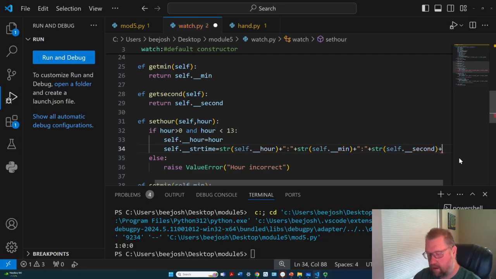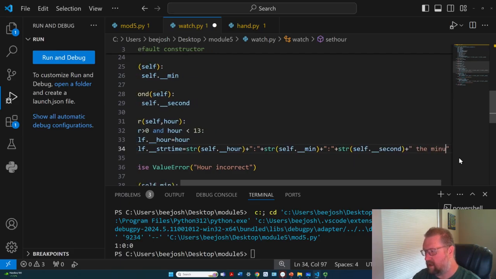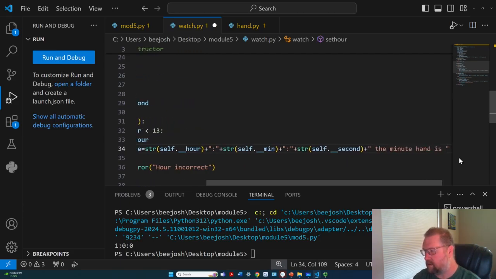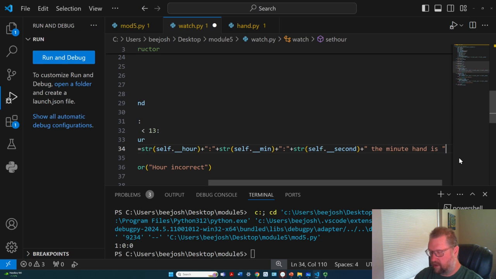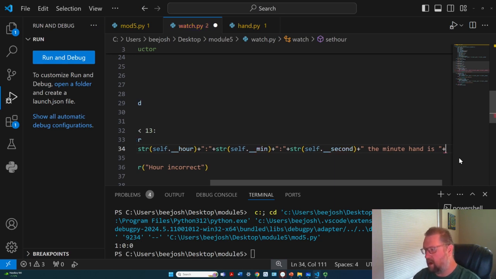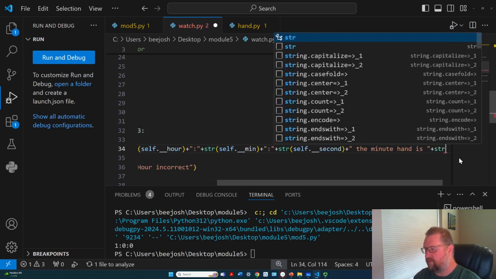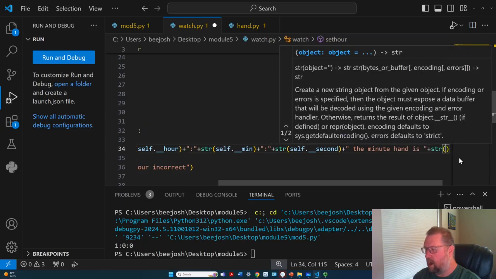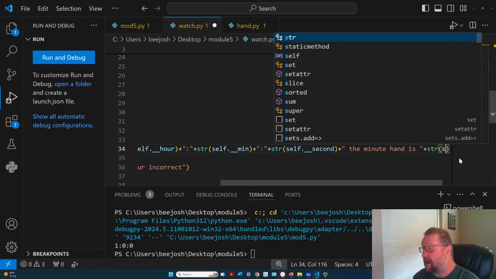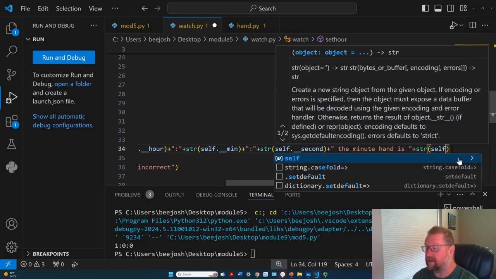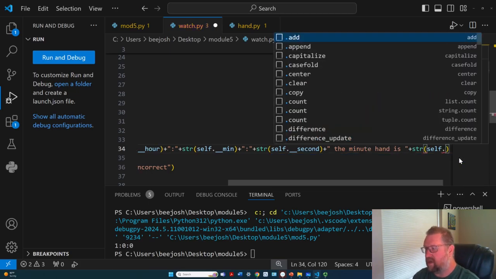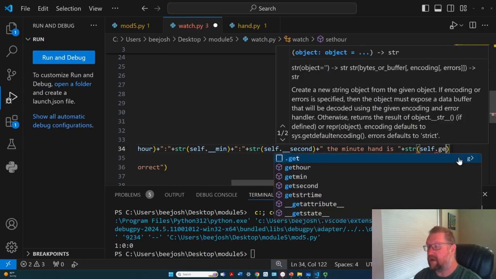So I'm going to put the minute hand is, and then I'm going to put the stringified version of, and here's where we're going to access the hand that's inside the watch. I'm right now inside the watch code. Self.get,